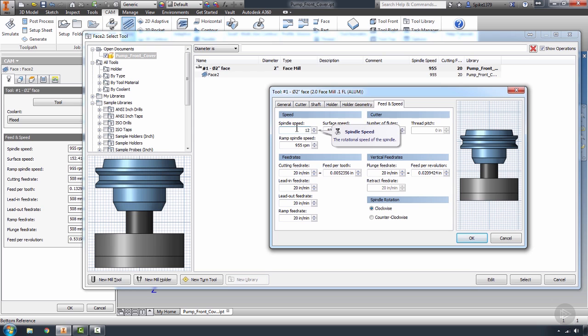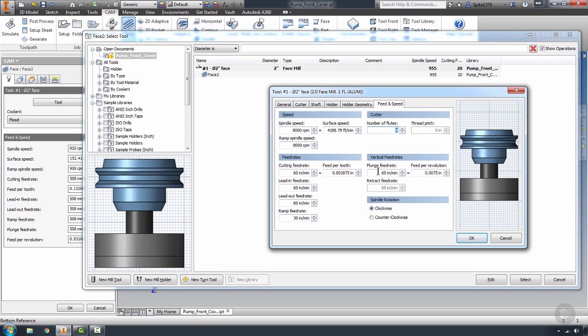So if I change this feeds and speeds to whatever I want to change it to, and in this case this is aluminum, so I'm going to go ahead and change it to 8,000 RPMs. I'm going to go 60 inches a minute for the machine tool that I'm working on. I'm going to leave the ramp feed rate at 30, and I'm going to change the plunge feed rate up to 60 as well. That way it quickly plunges outside of the stock down into the material. Now it's important to remember that this could be dangerous. Always be sure that you're not going to plunge inside of stock whenever you're making this definition for your plunge